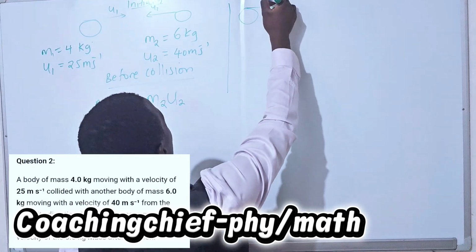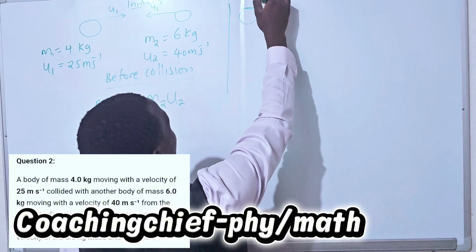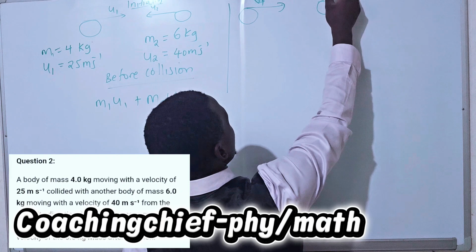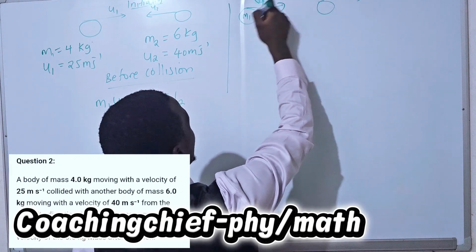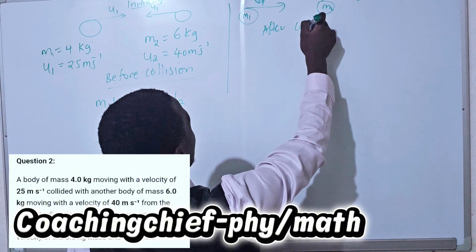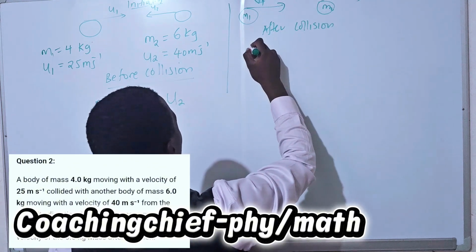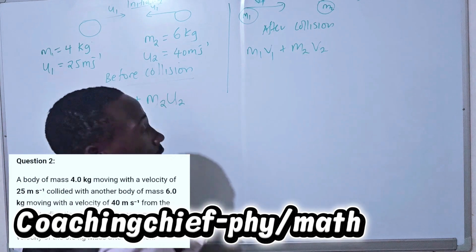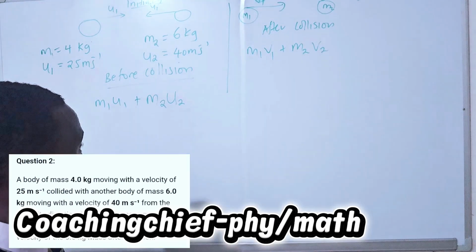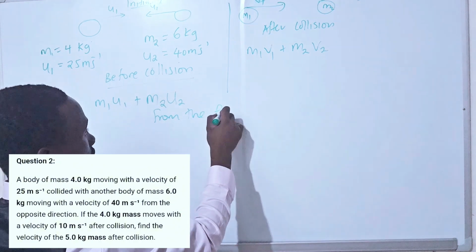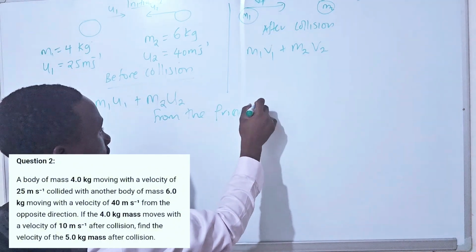So after collision, it is going to be V1, and this one is going to be V2, M1, M2 after collision. M1 V1 plus M2 V2. This is the total momentum of the two bodies after collision. Now, from the principle of conservation of linear momentum,